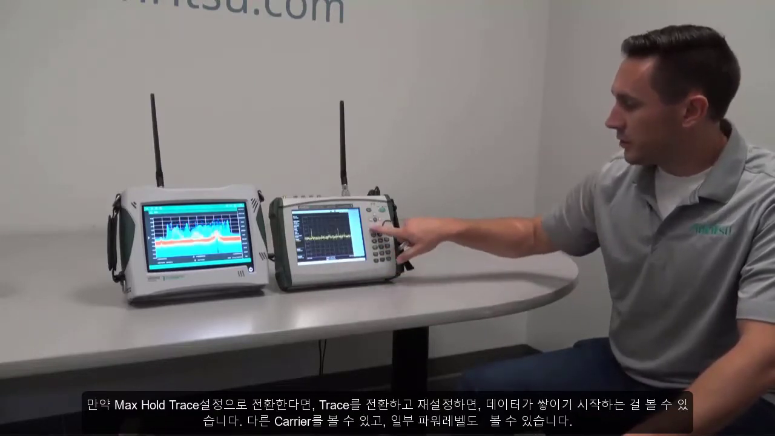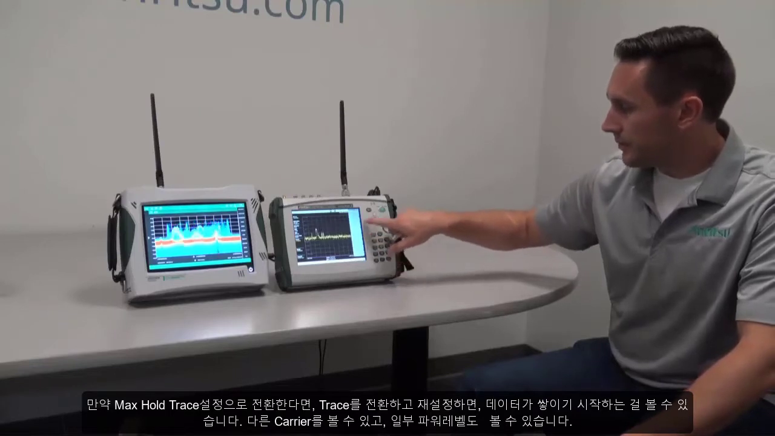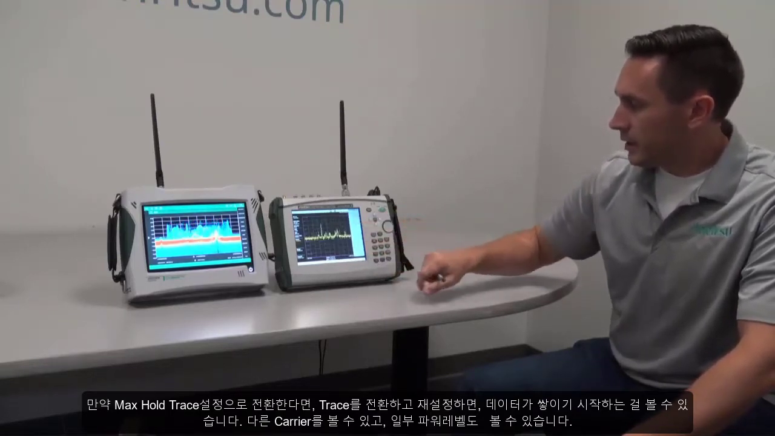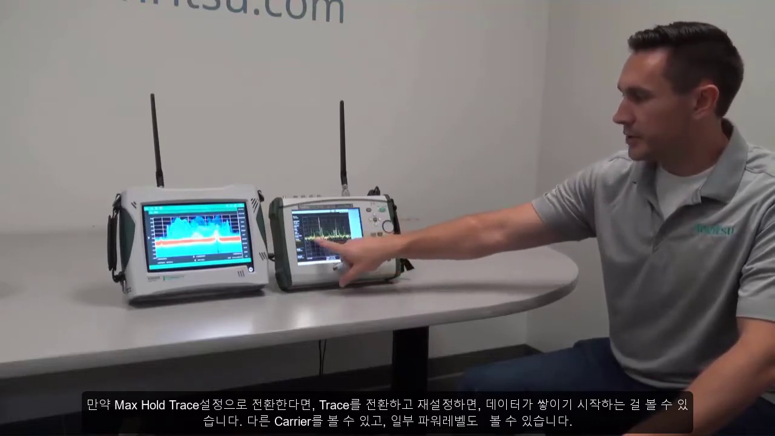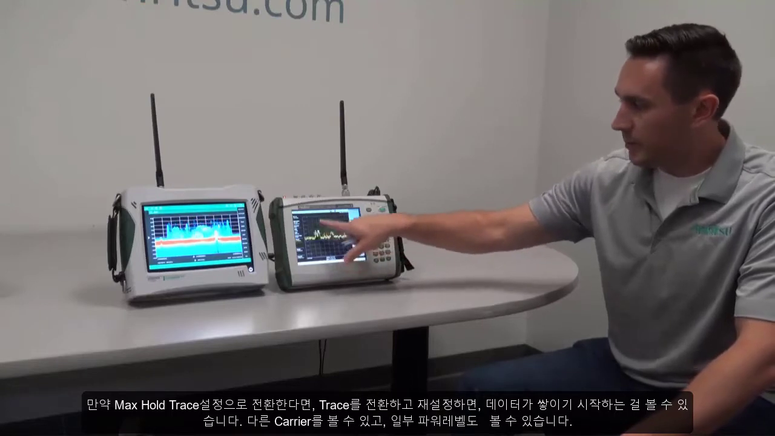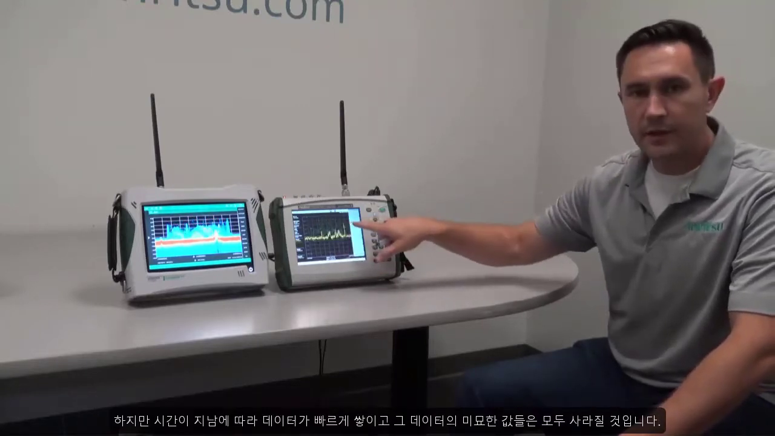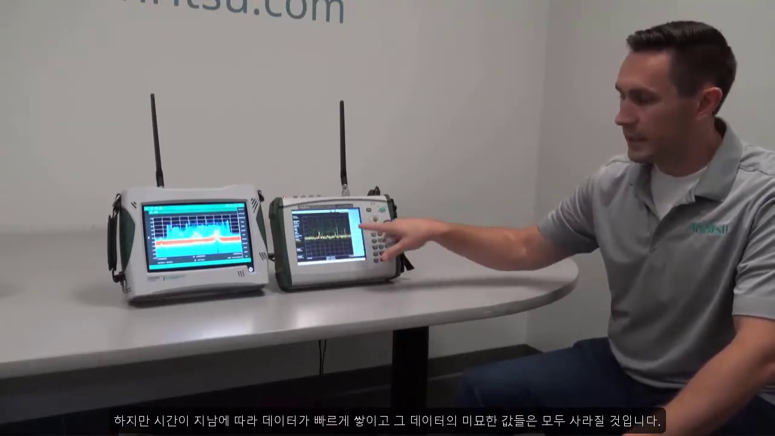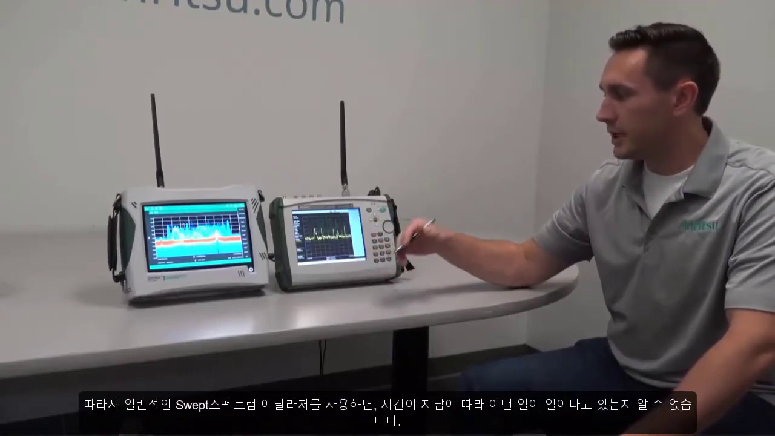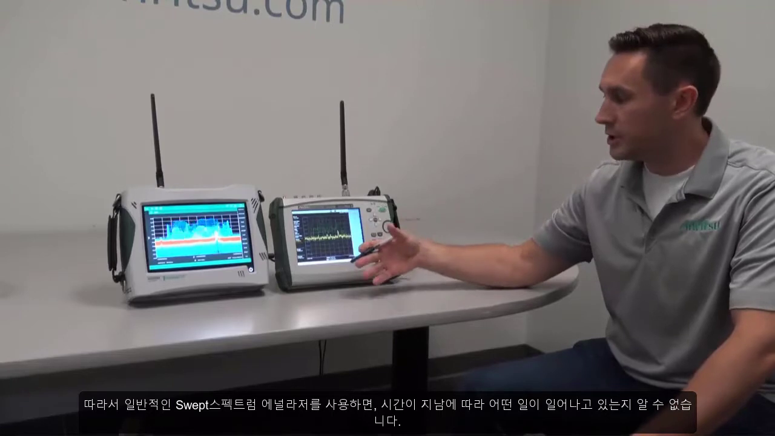If I switch this over to a max hold trace, so if I turn this trace on and reset it, you'll see that it does start to build up a bit of a story. I can see different carriers, I can see how it's happening, I can see some of the power levels, but that's going to quickly fill up over time, and all of the nuance of that data is going to be lost. So with a regular swept spectrum analyzer, the gaps in the processing leave me with questions about what's happening